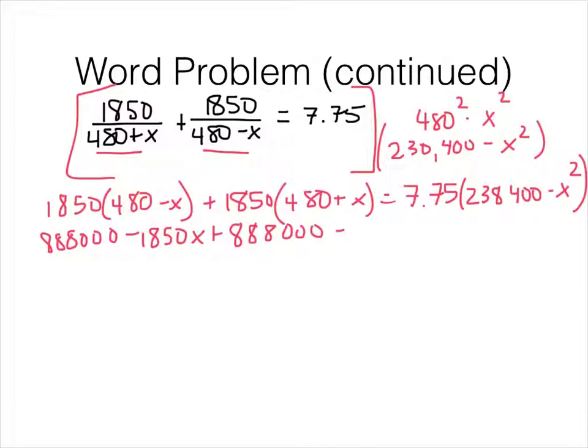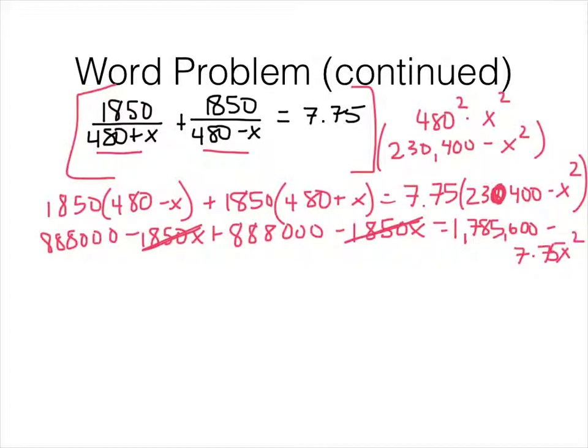It feels too strange. 1850x. Oh, hey, look, that's nice. The 1850x's are going to cancel. And then 7.75 times 238,400. That doesn't look right. Oh, because it's 230,400. Whoops. 7.75 times 230,400 is 1,785,600 minus